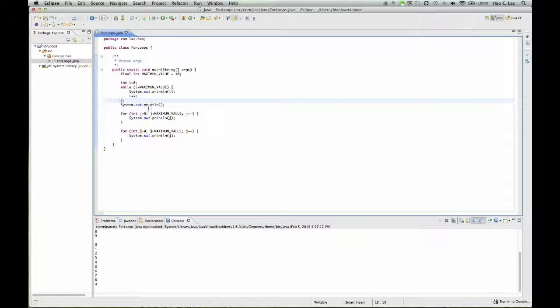It's compact. Now you can also have what you call an infinite loop. Some students ask me that. So for example, this is an example of an infinite loop. While true,